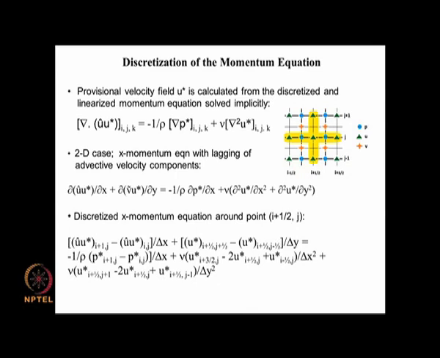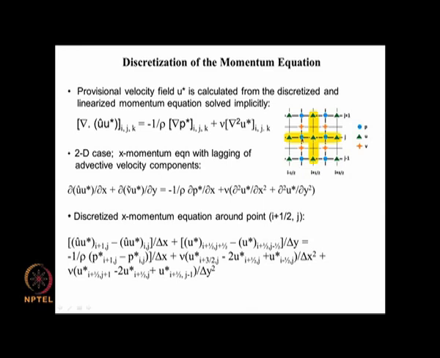So, in this short lecture we look at how to deal with the discretization of the momentum equation on the staggered grid, which is shown in the small figure here. Here we are looking at discretization of the x momentum equation, so as to understand the intricacies involved in this. When we are looking at an x momentum equation, the u is evaluated at i plus half, j. So, we are looking at discretization of the x momentum equation at this particular point here.